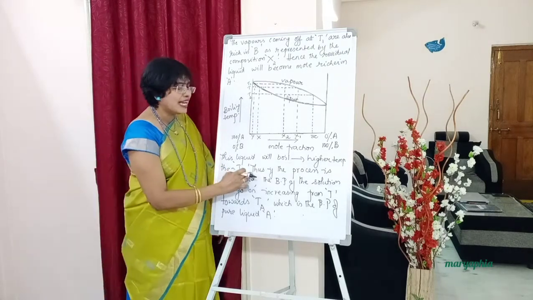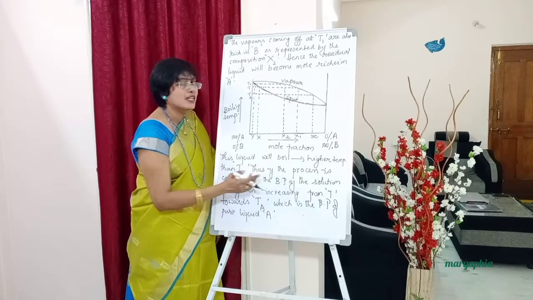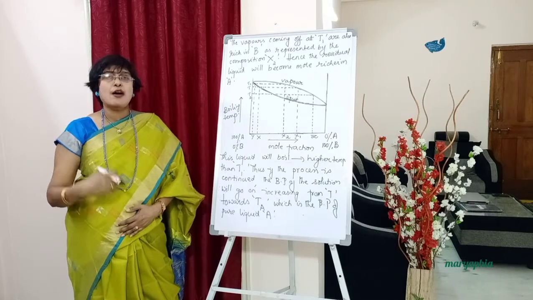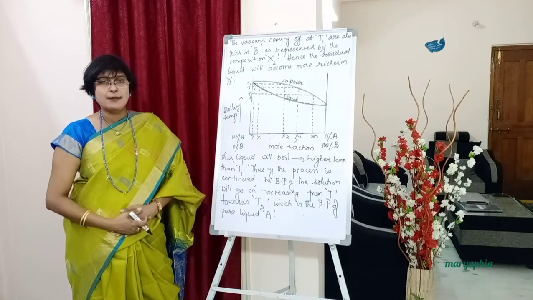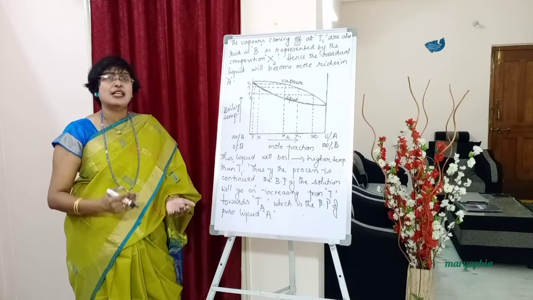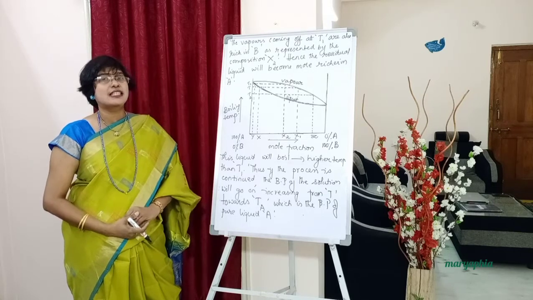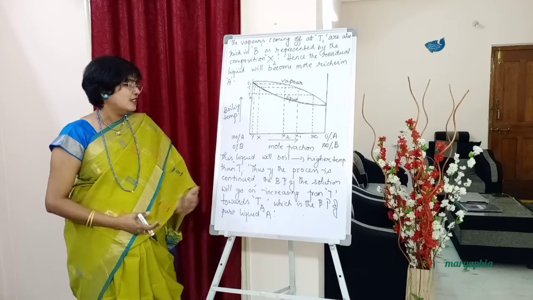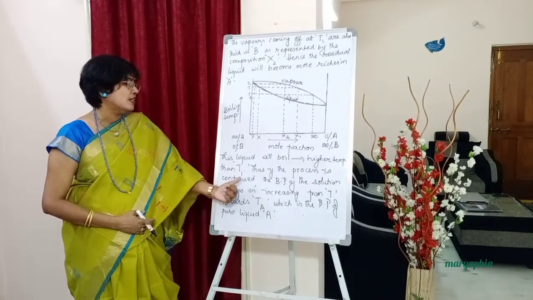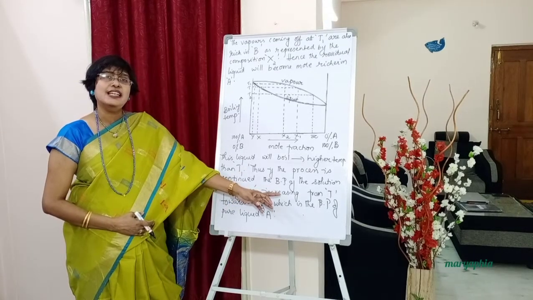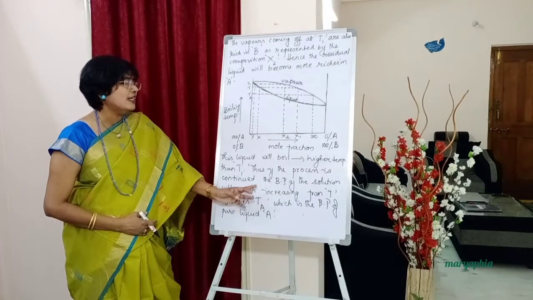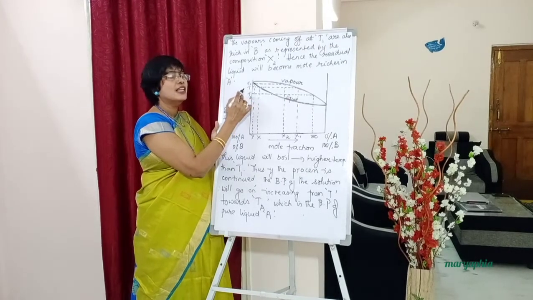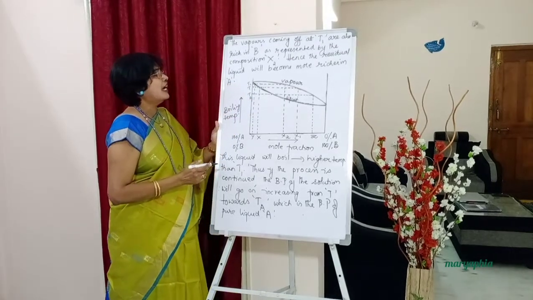Below write down students, thus, if the process continues, that means taking some solution of a composition, heating it, checking the composition of the vapors, checking the composition of the remaining liquid. So when we are heating this residual liquid, it is becoming more and more rich in the liquid component A. If this process continues, the boiling point of the solution will go on increasing from T. Where did it start? From here it started, no? T, it will go up and until it reaches.